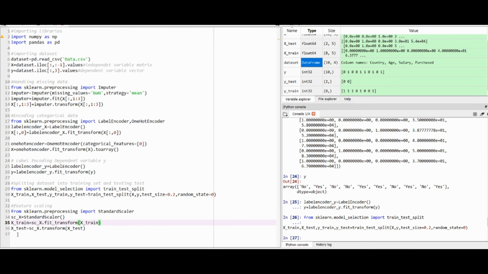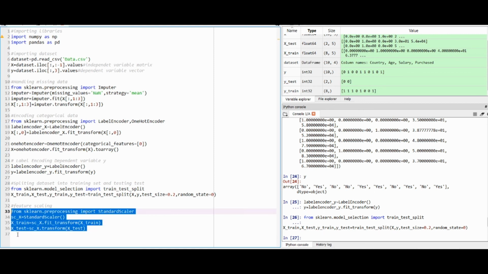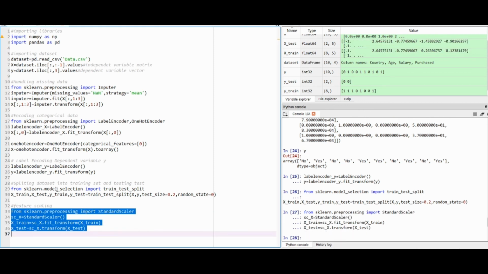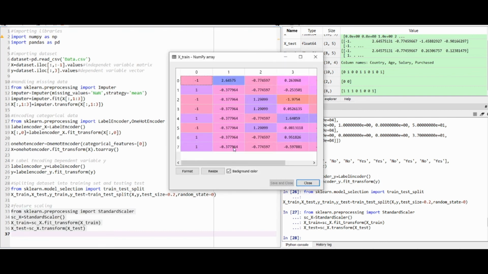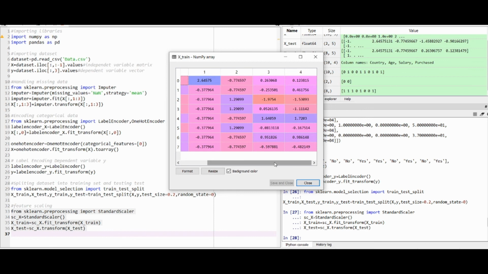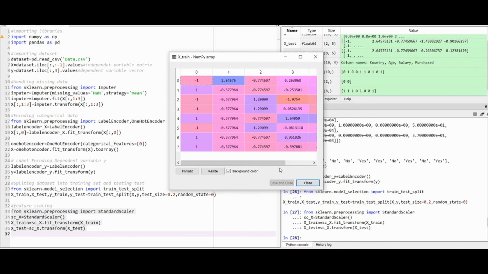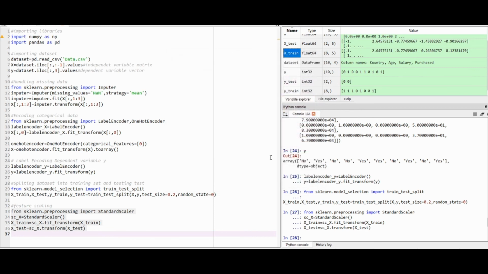Now let's see what happens. As you can see, in x train all the values are now in similar ranges in the columns. This was done with the help of the standardization feature scaling step.